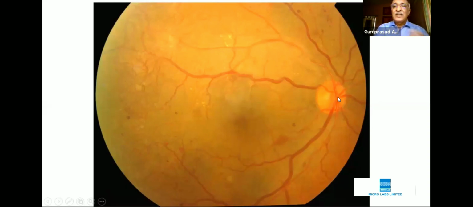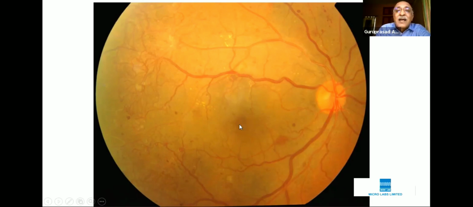I hope you're able to see my cursor. Anyway, the cup is not well defined. The vessels on the disc are normal. So this is the sequence of the disc description. And then the vessels along the arcades. You have to describe the vessels along all the four arcades, especially the temporal arcades. So the superior temporal arcades are normal. The inferior arcade, however, shows a slight dilatation of the vein. As compared to the artery, it is not 2:3, it is about 2:4. So this is very marked in this patient and stands out as a finding.